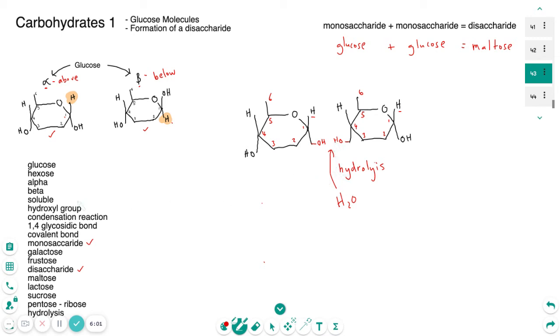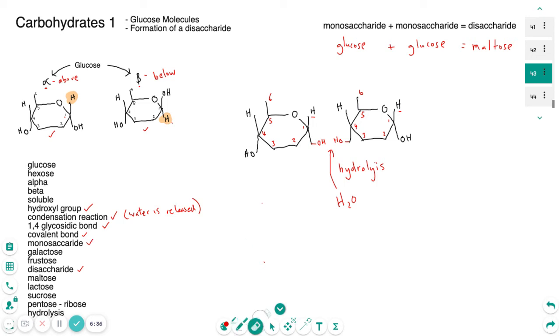Okay, so we've talked about hydroxyl groups. They're the parts of the glucose molecules which interact with each other to form a disaccharide. In order to form a disaccharide, a condensation reaction takes place, which is where water, or H2O, is released. Once the condensation reaction has taken place, we get a 1,4 glycosidic bond, and it's a covalent bond, which means